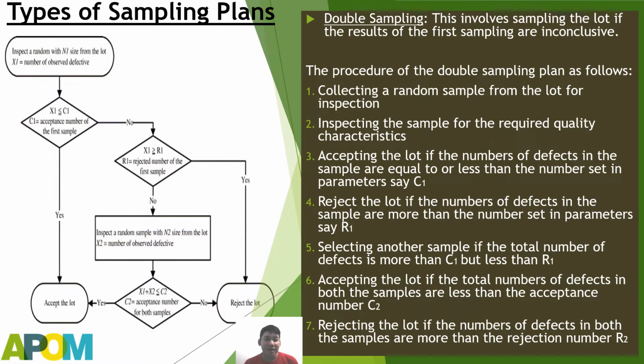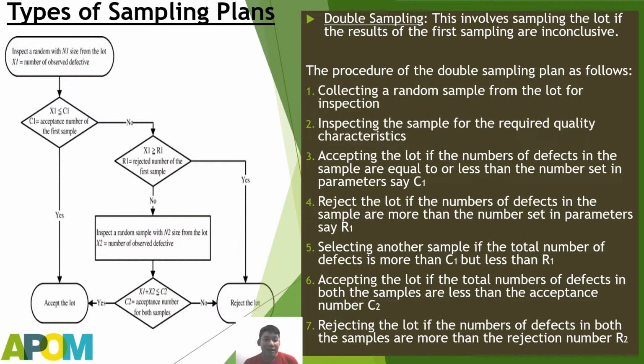First is collecting a random sample from a lot for inspection. Second, inspecting the sample for the required quality characteristics. The third one is accepting the lot if the number of defects in the sample is equal to or less than the number set in the parameter, say C1. Fourth, reject the lot if the number of defects in the sample is more than the number set in the parameter, say R1. Fifth, selecting another sample if the total number of defects is more than C1 but less than